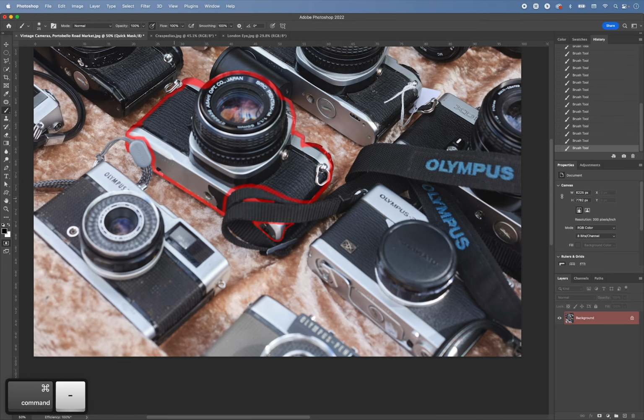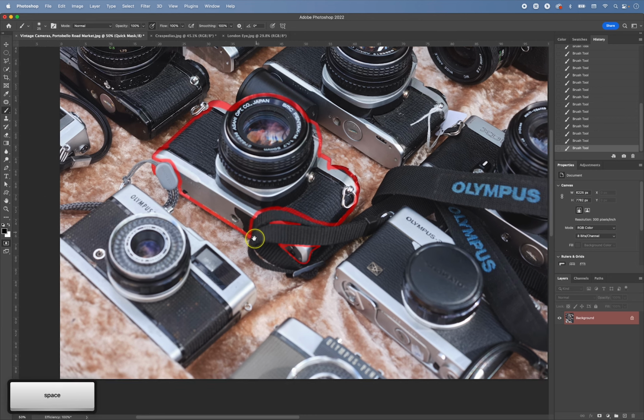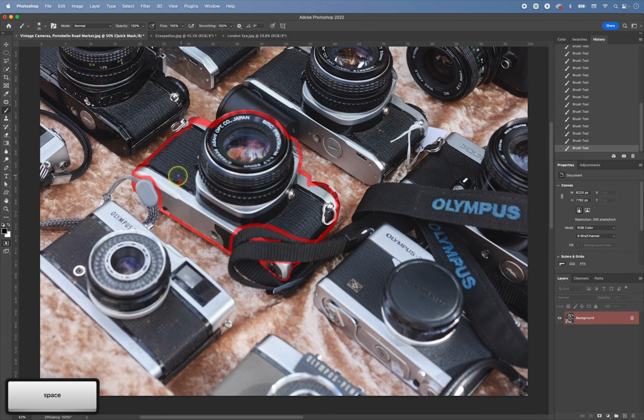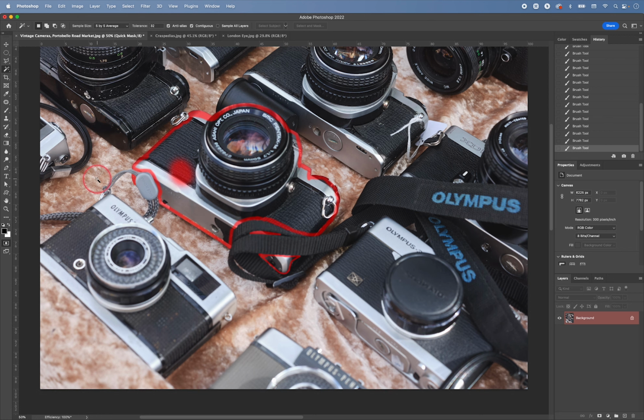Okay, now that I selected the outline of this object, I would need to paint in the inside of the selection too, but I think there is a quick way of doing this. So if you switch to the magic wand tool, which is the tool that we haven't used so far, and you click outside of your selection like this,